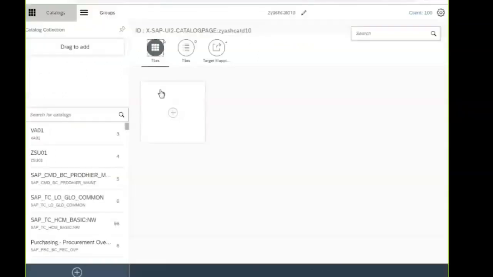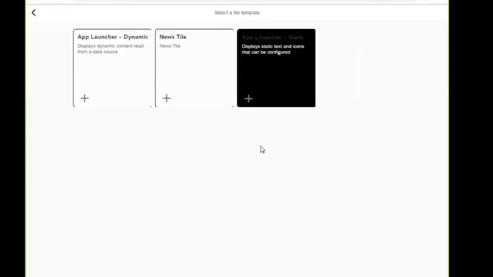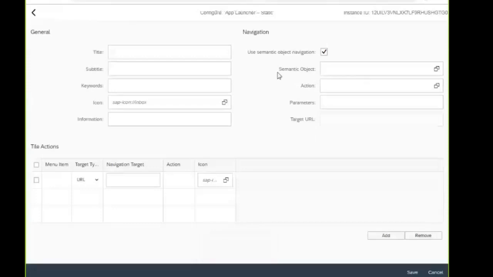Done. Tiles. These tiles will appear as they are on the Fiori launchpad. So click on add tile. We have 2 types of tiles. Ignore the new tile; there is the dynamic tile and the static tile. Dynamic tile means you will see a number on it, the total number of records. In the tiles, it only asks you for the semantic object. It won't ask you for anything like LPD cust. If you understood this diagram, then you can fill these values.